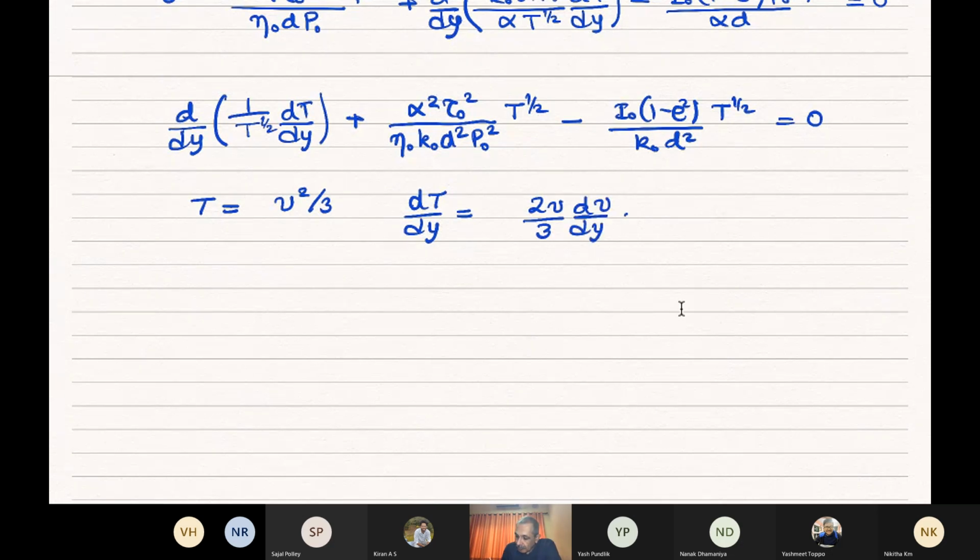So now if we substitute, this gives us d by dy of 1 by t raised to the power half, that is nothing but square root of 3 by v, and then instead of dt by dy we'll get 2 by 3, 2v by 3 into dv by dy